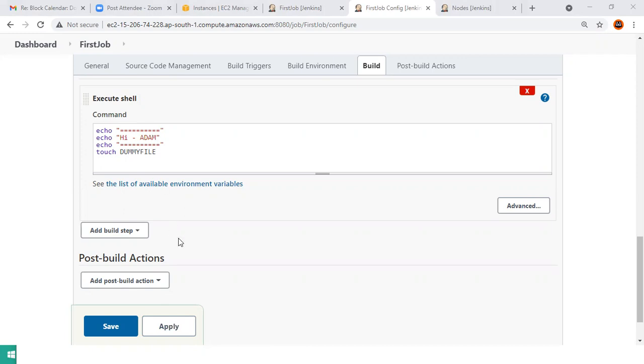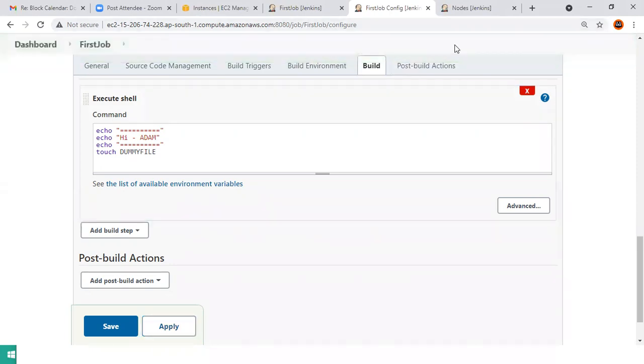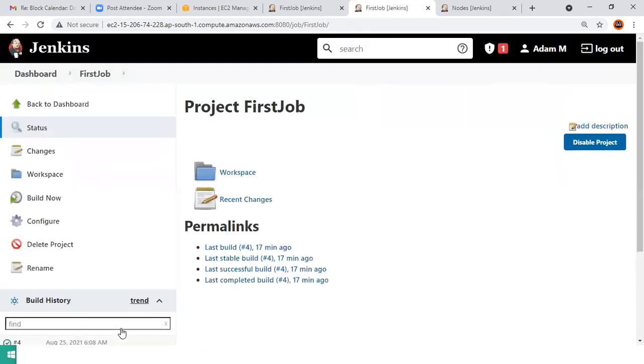But let's look back. Let me go back to executing the job. I've saved it. Now if I click on build now,